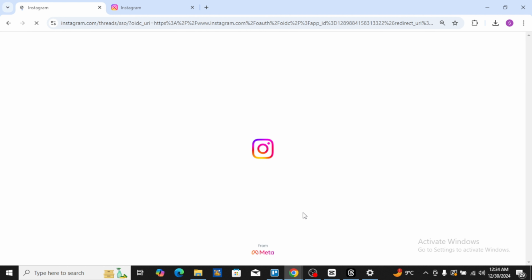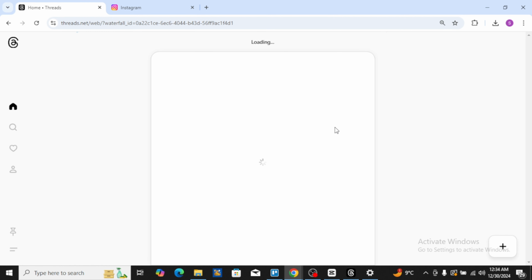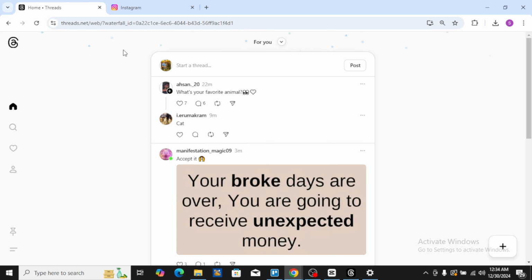I will just tap on it from my Instagram and let's see. So you don't need to do any options. I will just log in with your Instagram account simply, and it will automatically link your account. So I successfully logged in to my Threads through the Instagram account, and I will just go in my Instagram